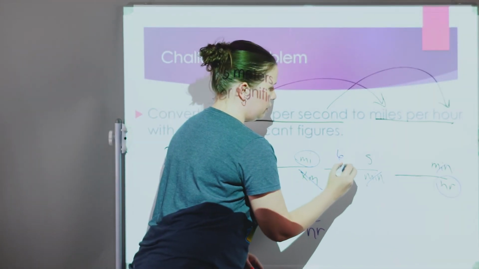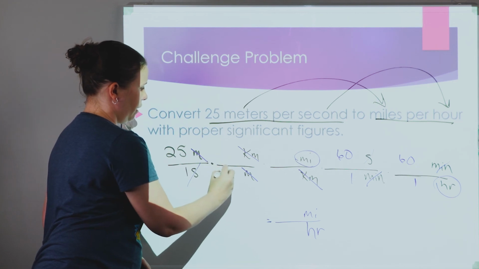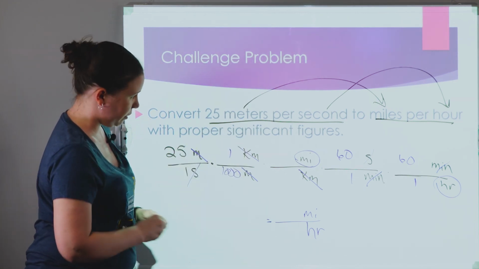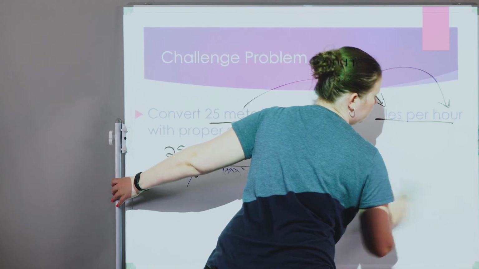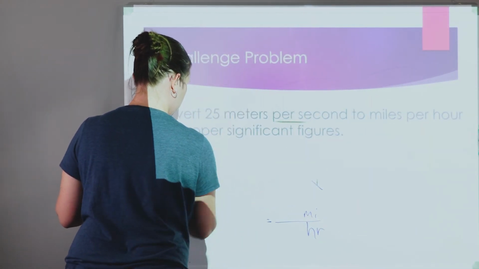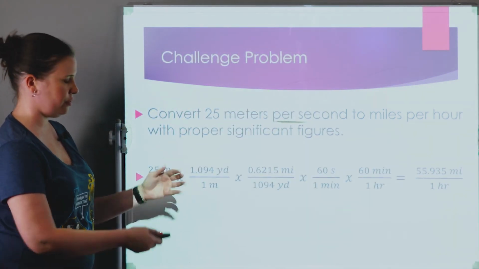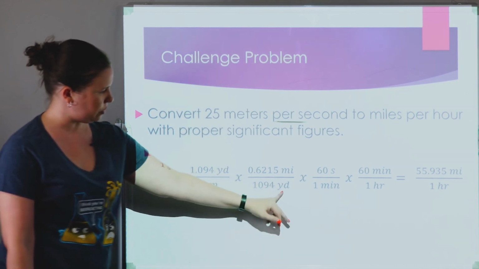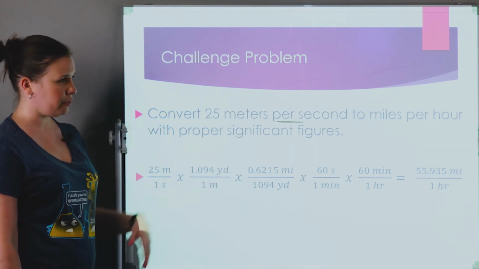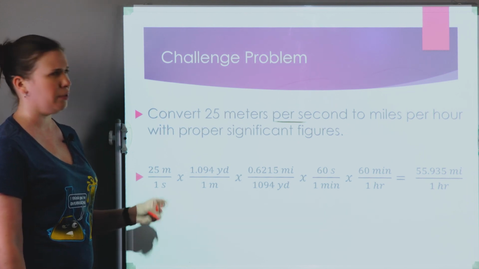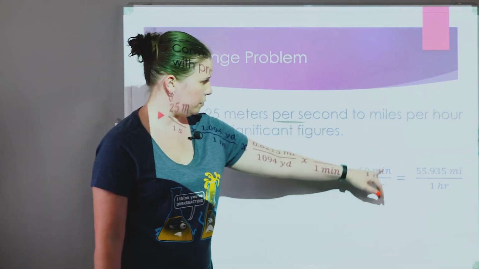Once you know your setup is good, you can go ahead and plug in your numbers. For example, 60 seconds per minute, 60 minutes per hour, 1,000 meters per kilometer. I don't know miles to kilometer off the top of my head, but I have it on the PowerPoint, so let's give it a second and we will pull up the math here. So, of course, they used a different conversion. So meters to the bottom, yards to the bottom, leaving us in miles. So slightly different equivalencies. The way that I had set it up would work too if I just knew my mile to kilometer conversion. Seconds, notice, looks the same up here, minutes to minutes, and we get